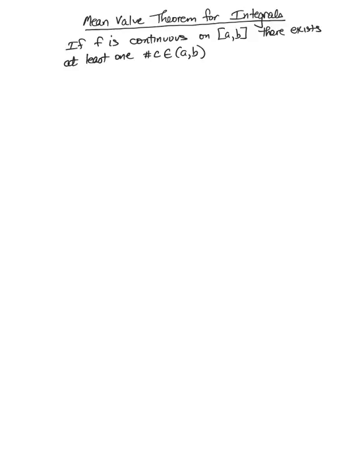So it says that if f is continuous on a closed interval a, b, there exists a number c, at least one number c, inside the interval from a to b, so that